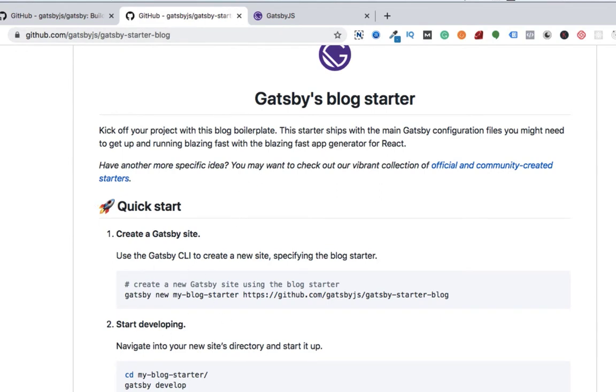Okay, so we need to follow this step once we have done the installation of Gatsby through CLI, because this is a starter blog. So what this does is that we will get some pre-made blogs. So we don't need to create the website from scratch. We will be getting pre-made blogs in that. So what we can do is we can just copy this code, this command,